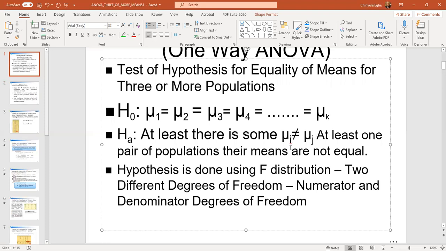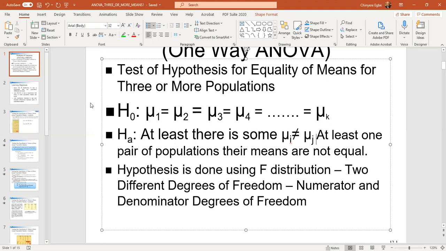Could be you're comparing 1 to 2, could be 1 to 3, could be 1 to 4, or you're comparing 2 to 3 or 2 to 4, or you're comparing 3 to 4. At least there's two subpopulations that are not equal. Okay, like I said, we do this using the F distribution, and the F distribution has 2 different degrees of